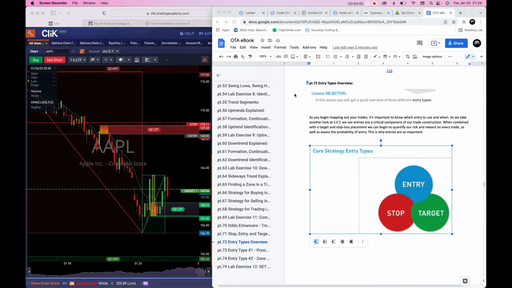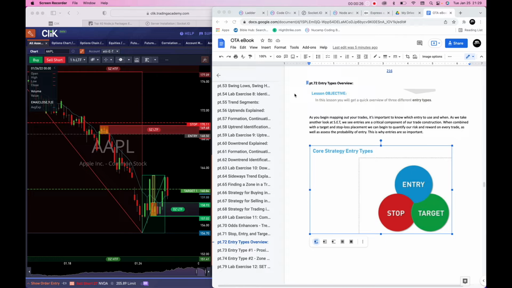In this lesson, you will get a quick overview of the three different entry types. As you begin mapping out your trades, it's important to know which entry to use and when to use it. As we take another look at set, stop, entry, and target, we see entries are a critical component of our